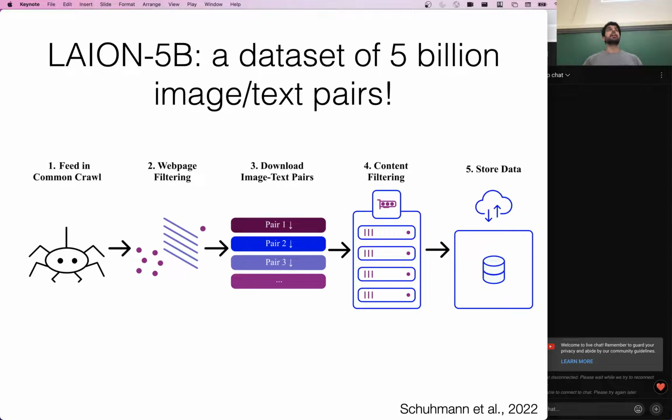I should note that there's a lot of copyright issues with this dataset. There's actually a lawsuit that people filed against, I believe, Stable Diffusion, who used this dataset to train their models. There's a lot of stock photos and things that are licensed that are just in this dataset. And of course, creators of those images want some sort of compensation for this.